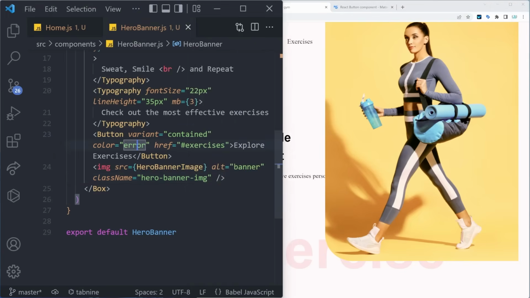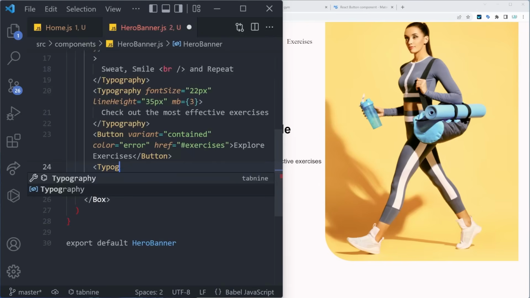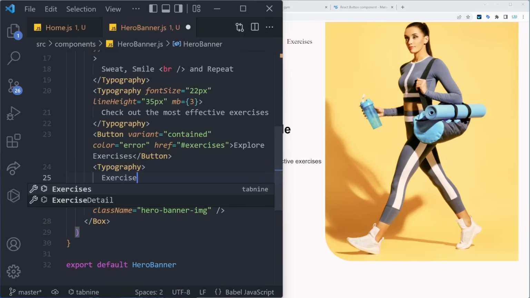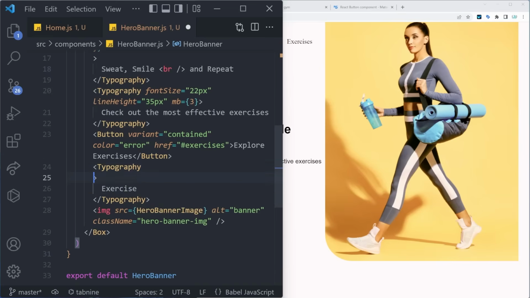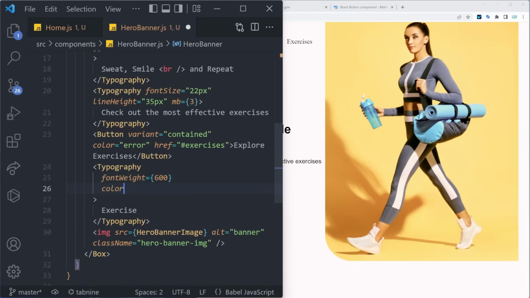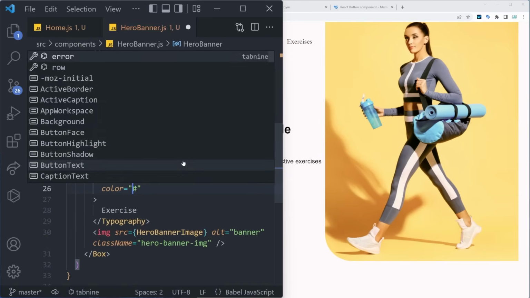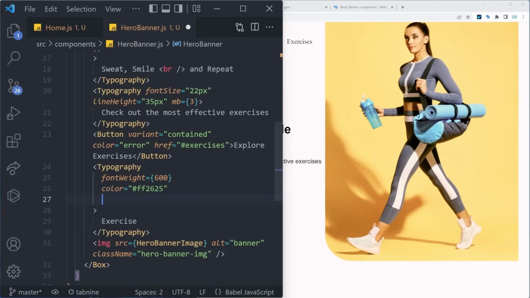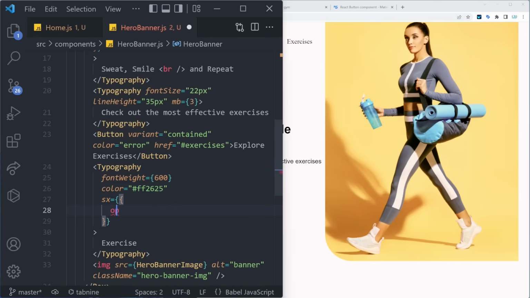Well, that's going to be a Typography above our image. So let's go back. Let's add a Typography. And that Typography is going to say Exercises. Now, of course, let's add some styles like fontWeight is going to be 600. We can also give it a color, which is going to be equal to #FF2625. And we can also give it a few additional styles with the sx prop, which is going to be